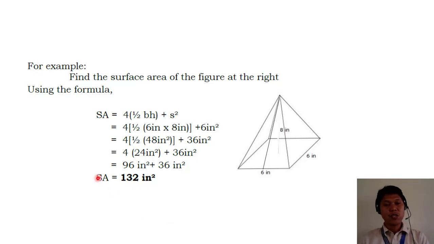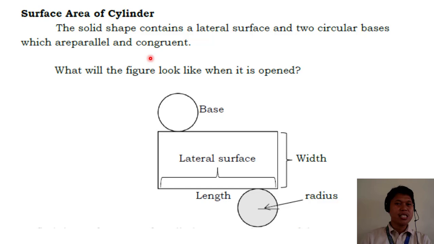And the surface area is 132 squared inches. Okay. So we have the surface area of the cylinder. So the nets of the cylinder look like this. It is composed of two circular bases, the upper base and the lower base, and this is the lateral surface,